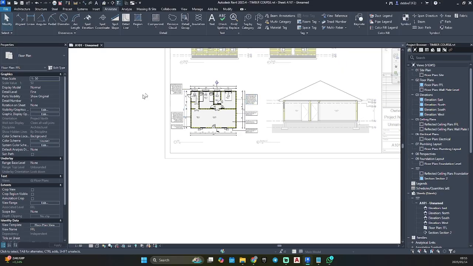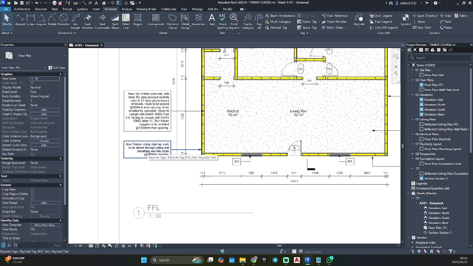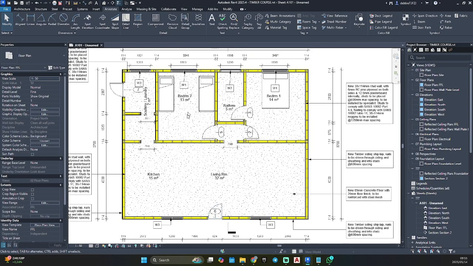And floor plan, all the walls are pretty much the same. So we've indicated the shiplap, the main wall, indicated our windows and our doors.